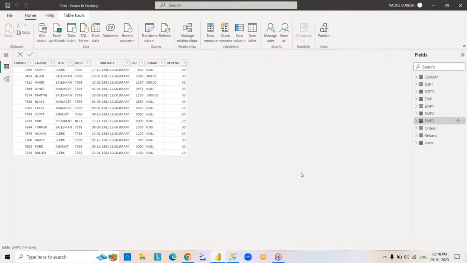So this is the way how we copy from different sources to Power BI. In the same way, now we have to discuss about the refresh concept. So how to